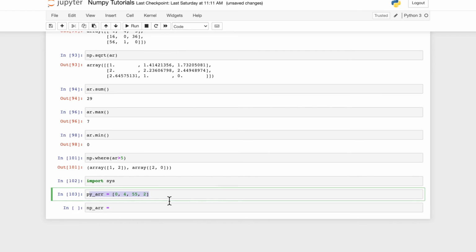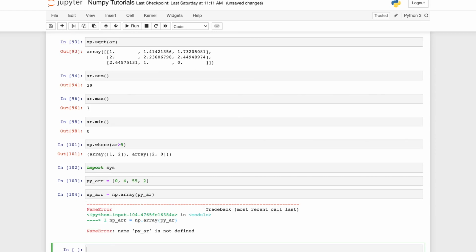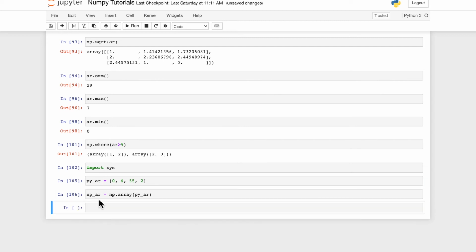That array is created by Python and this array is created by NumPy. So here I put np.array, and here I write py_arr, and np.array of py_arr, so I should give it like this. Okay, so next thing is sys.getsizeof of